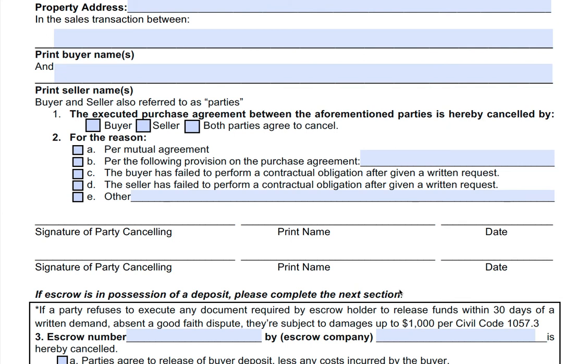A lot of times people get confused with the cancellation form, and they think that both parties have to agree to cancel in order for it to be valid. That's not the case. Now, you could argue that in a situation of pure mutual agreement, both parties need to, but typically when a cancellation is drafted, it's usually by one party, namely the buyer during a contingency period, or either party if they've given the other party a notice to perform and it hasn't been